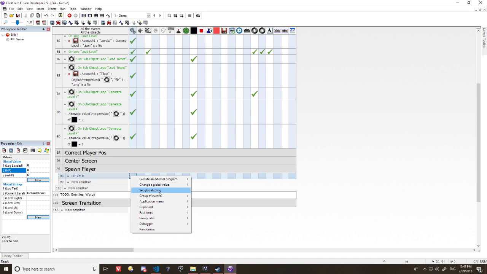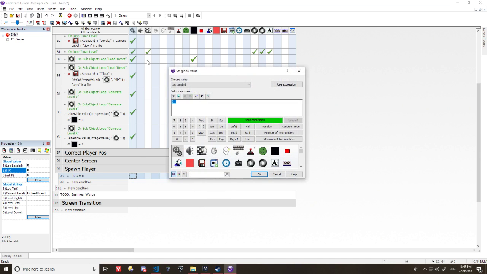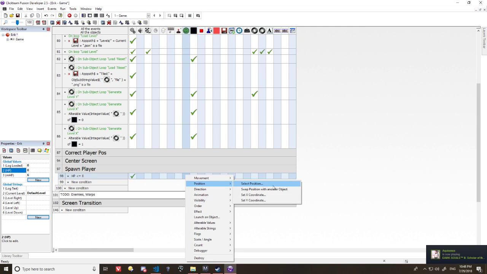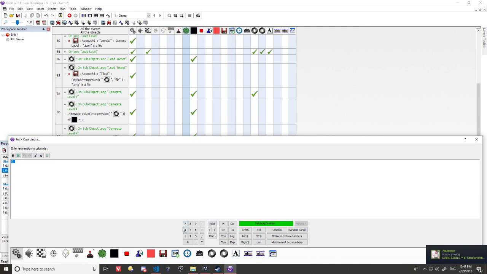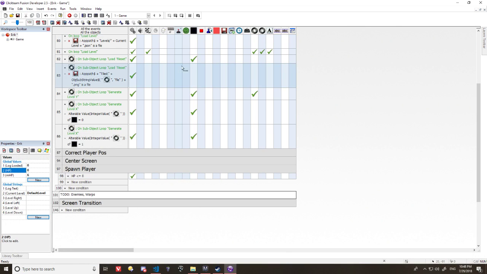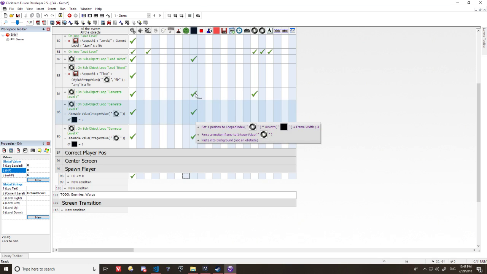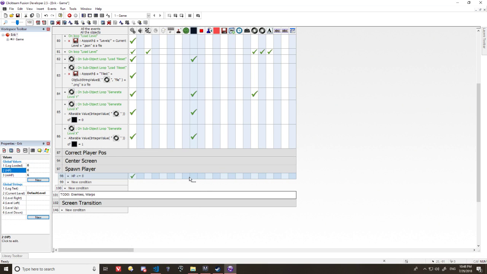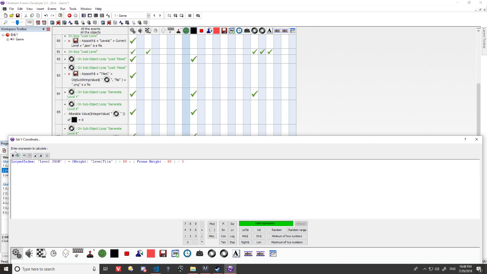HP is less than or equal to, set HP to MHP, and then position X coordinate, grab this. So I'll grab the Y position, position Y coordinate to,